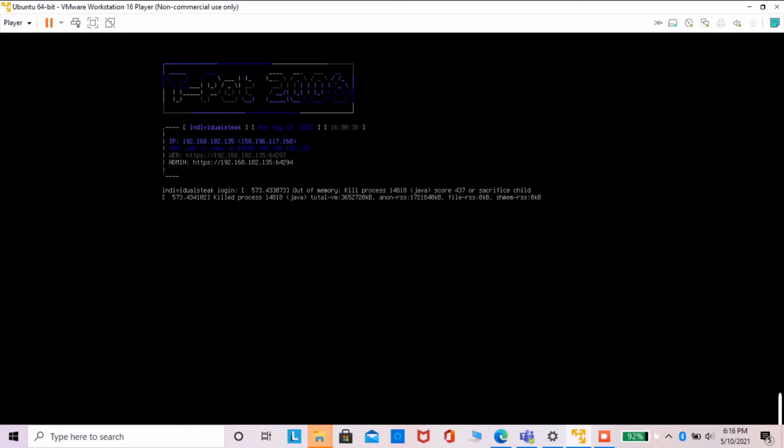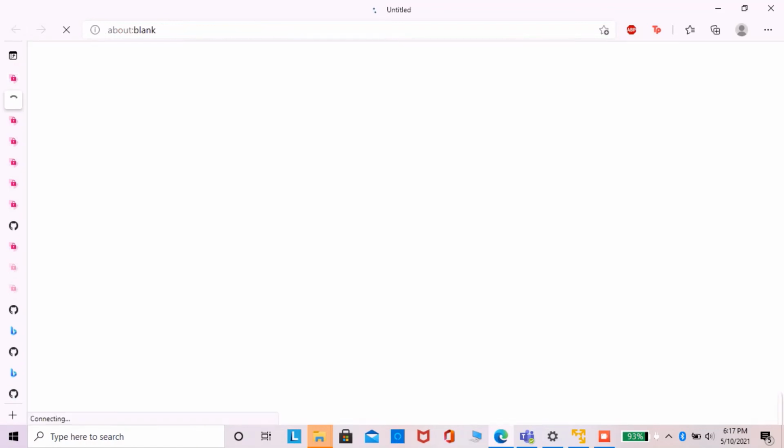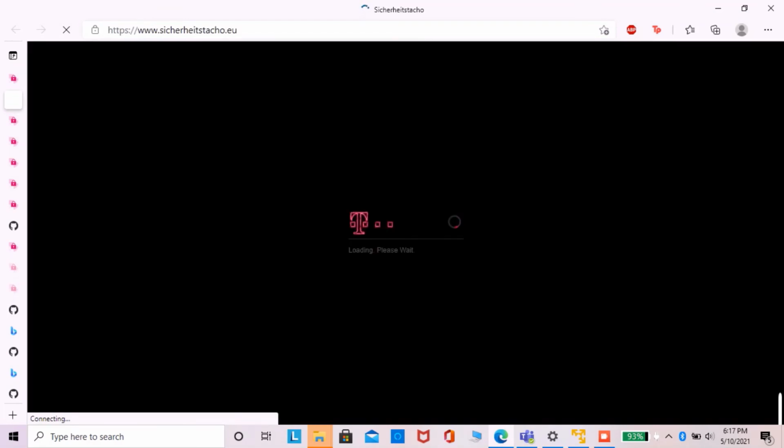It's also showing the SSH and web page IP addresses. You can just copy the same IP address and paste it into a web browser. Then you will go to the T-Pot desktop page. Here you will find different options to track your honeypot and monitor it according to the attacks. After successful installation, you will see T-Pot 20.06 on your screen. With that, you also get a web link with an IP address that will lead you straight to the T-Pot desktop. You just have to copy this link and paste it into a web browser.